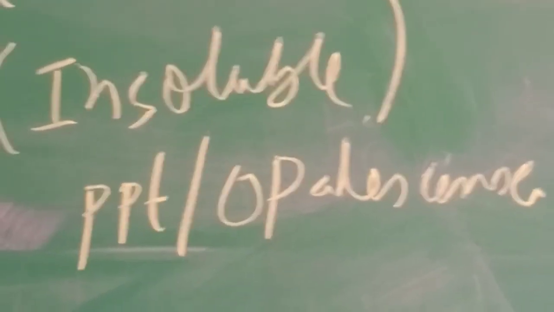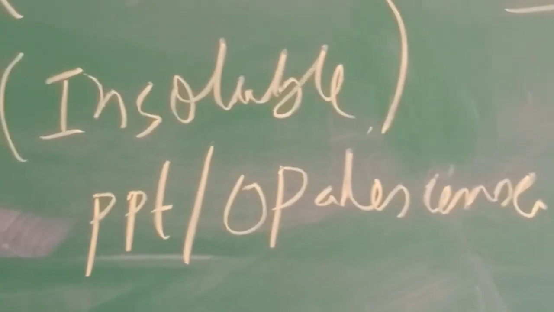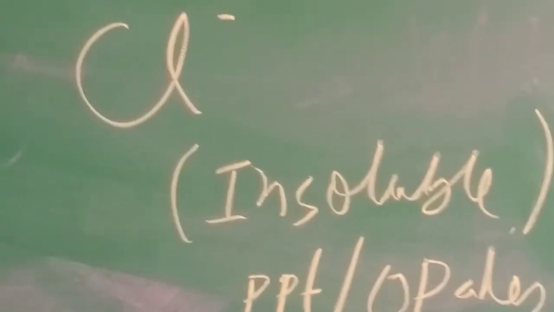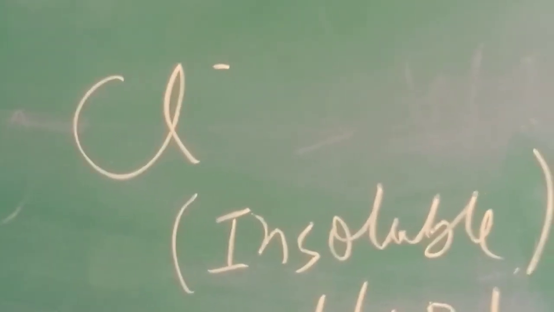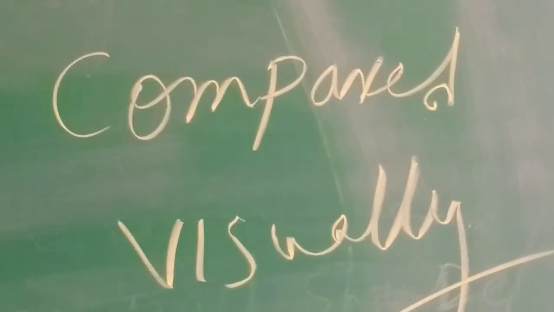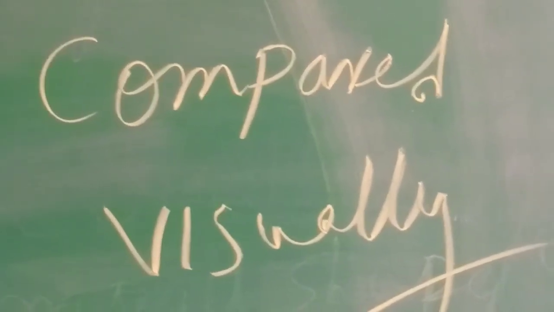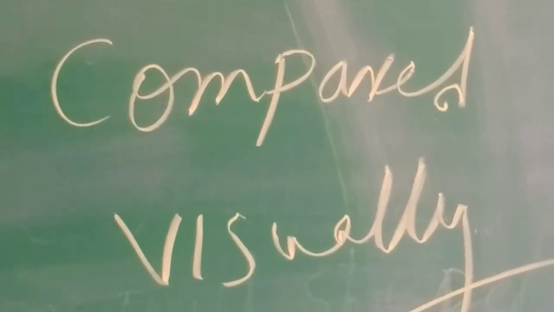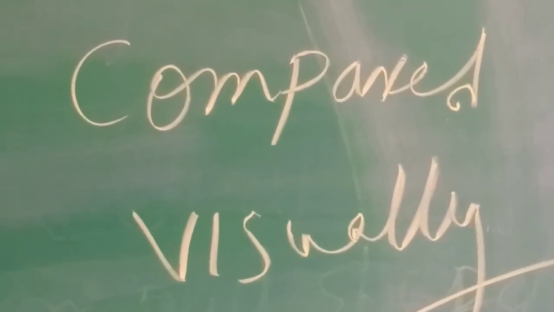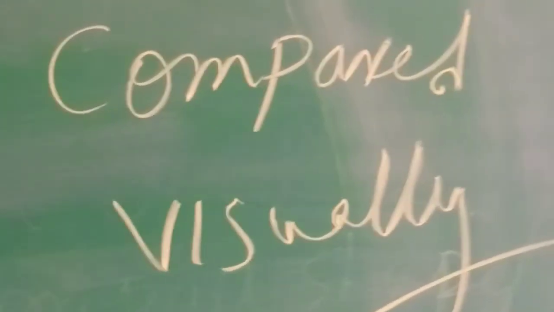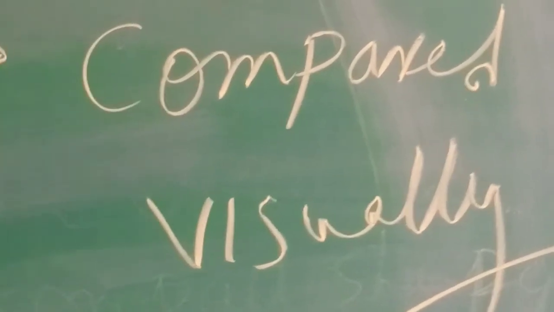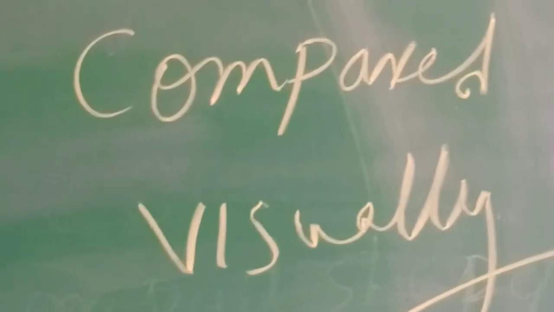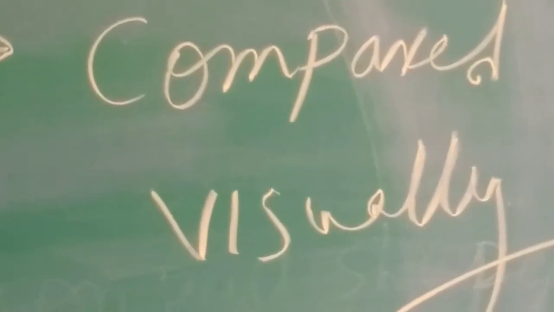The extent of turbidity or opalescence so produced by these insoluble chlorides are then visually compared with the standard sample to know whether the chlorides are present, they are well within a limit, or the quantity of chloride, whatever is present in the sample,